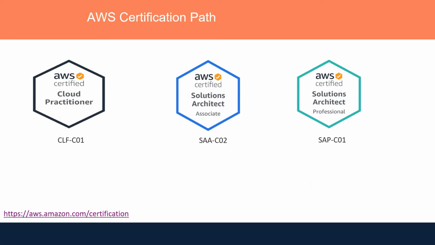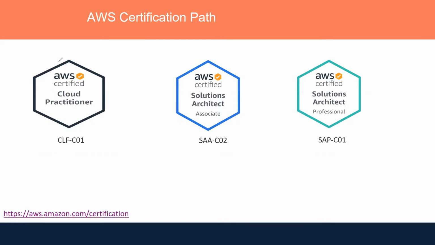A certification is important if you are going to join a job, and if they require a skill, how would you prove that you know about the AWS cloud? If you have a certificate, that is going to prove that yes, you have knowledge of AWS cloud. AWS offers certification at three levels. One is fundamental, the other is associate, and the third one is professional. So there are three levels of certification.